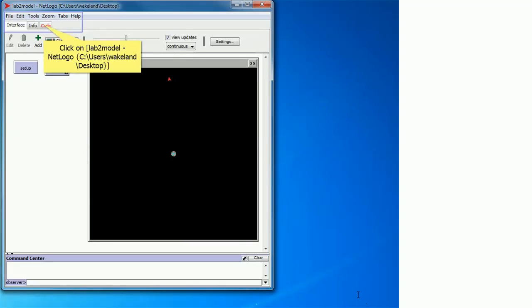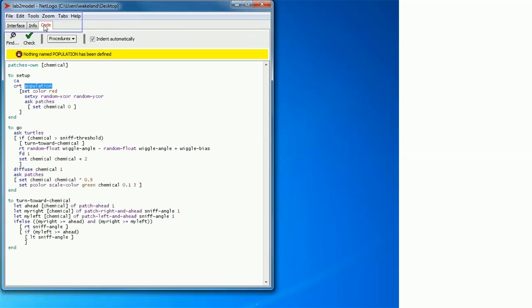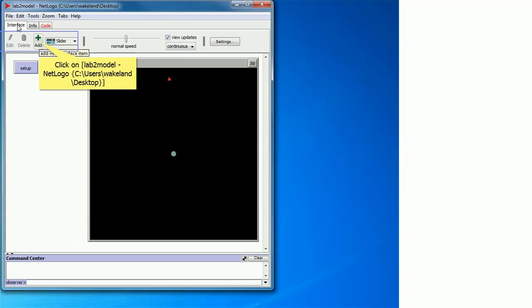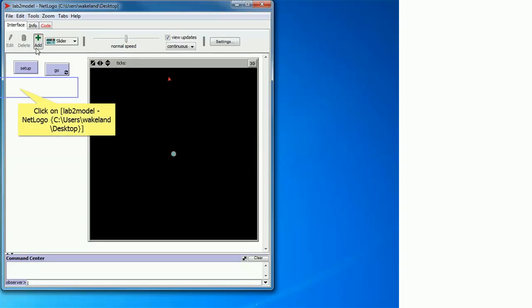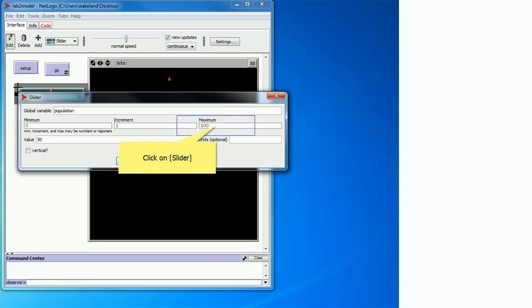There may be a bit of a disconnect here. I thought I had pushed the record button and I got quite a ways along and realized it wasn't pushed, and I'm not sure I'm going back to the exact right point, so bear with me. We're on the code and I think I might have gotten a little further, but one way to put population is to go Control C to capture the characters. Go to the interface, push add slider, hit Control V,